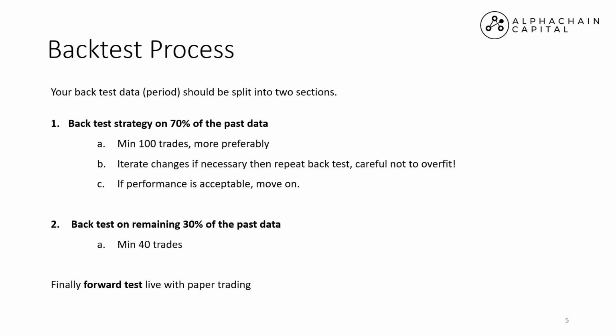So some of you who have reached that part in the course already know that we look for around 100 trades per asset, and we want those 100 trades to make up approximately 70% of your past data. If you can do more trades, then that's great. The more trades you have, the more data points you have, the more reliable your output will be. And again, you can iterate changes on that if necessary, repeat back through backtesting on the same data again